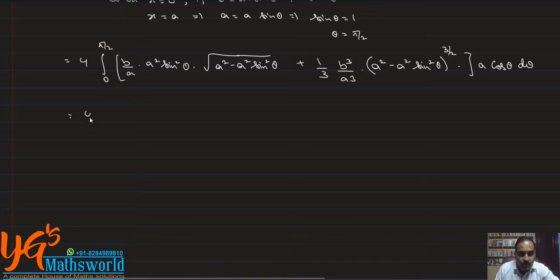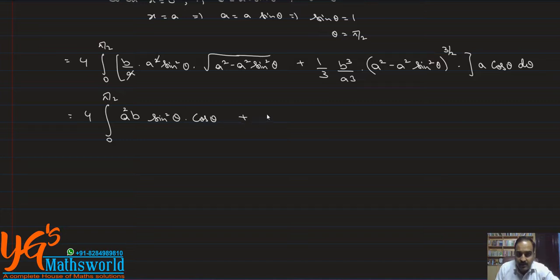So it will be 4 times, now if I take 0 to pi by 2 b, now this a and 1 by a cancel out, so it will be ab, and a square if I take common, so it will be a, because it is in root, so it will be a square b into sine square theta. Now 1 minus sine square theta will be cos square theta and root of that will be cos of